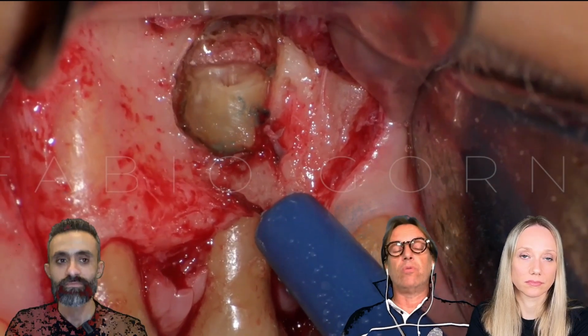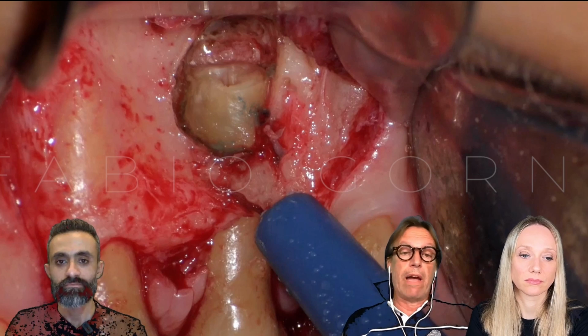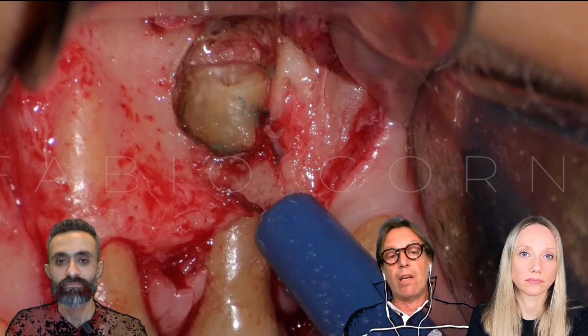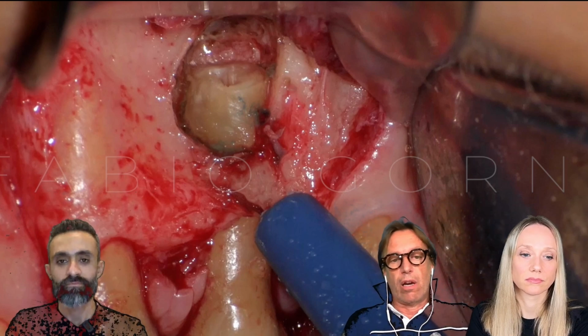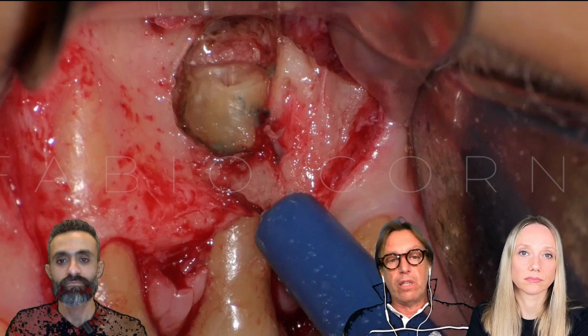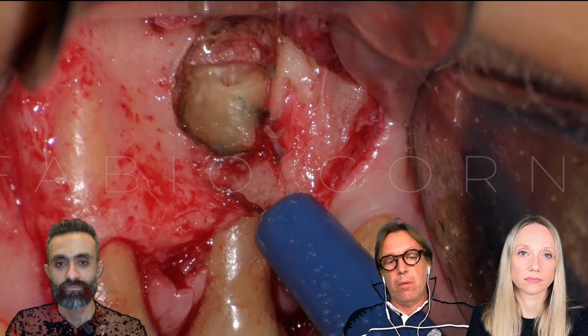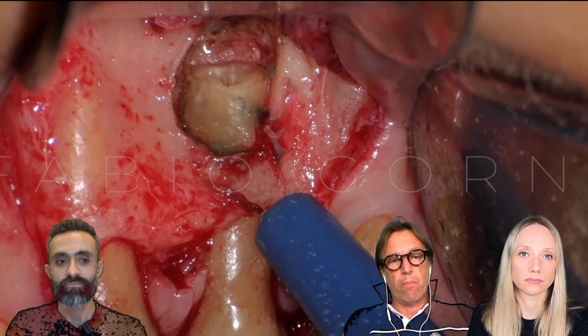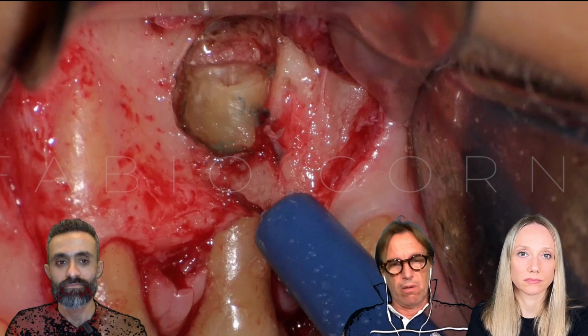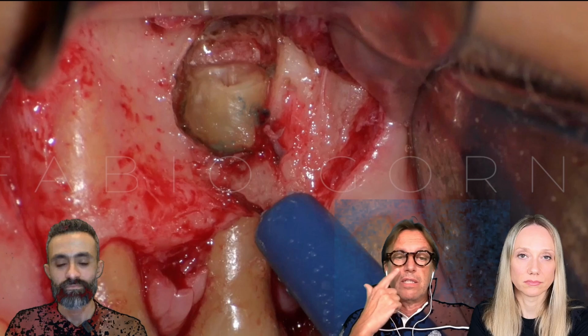You can use the micro mirror just to check inside the root canal system, if you want, to check the quality of your cleaning. But with a 7 to 10 degree bevel, you can check everything with direct vision, and trust me, it is much easier to perform the surgery.